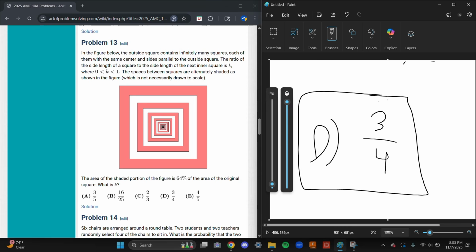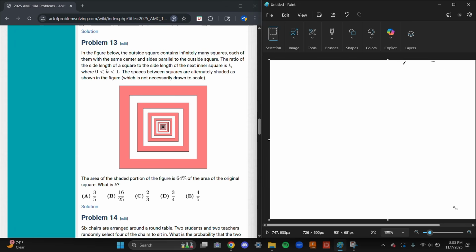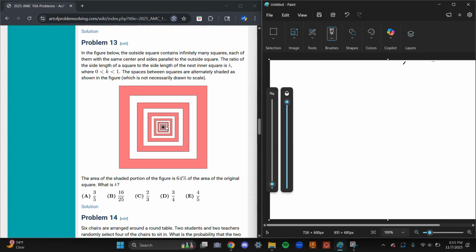Okay, now let me also just mention the much quicker solution, which is to note that if you just take this outer ring here and then switch the shading, right? So let's say all of this red here, this is 64% of the area, right? But if all this white here, then the white area is going to be 36% of the area, right? But what's the ratio between the area of the red stuff to the area of the white stuff? Well, that's going to be 1 over k squared, right? So 1 over k squared